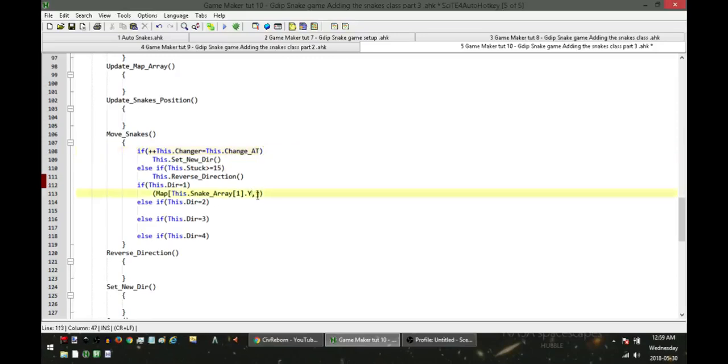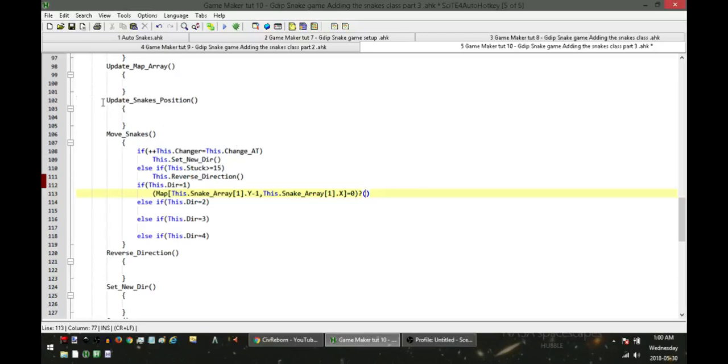So we're going to look at the cell above this current cell, so it's -1 because we're moving up. Then we're going to look at the snake's x. We're looking at the head, so it's index 1 dot x. If this equals 0, and now this is a question, is the cell that is currently above the snake's head empty? If it is, then what we're going to do is